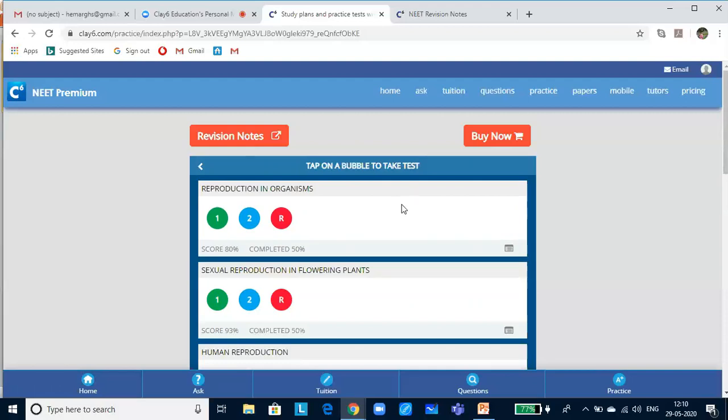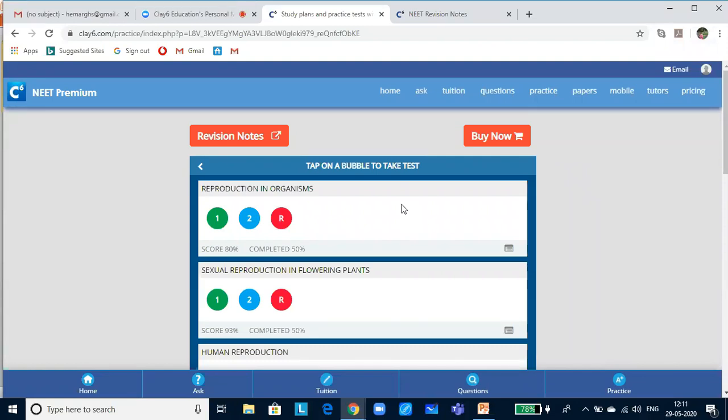But relax, at least in biology, I would say that when we have analyzed it, we have found that there are three kinds of questions. Around 68 to 70 questions are from the NCERT textbook. If you have learned NCERT thoroughly, you will be able to score complete marks. The next set of questions, 8 to 10 questions, would be featuring from past papers. These questions we have seen many times, either with very little modification or no modification in the test. So if you are prepared with that, that will also help you a lot.